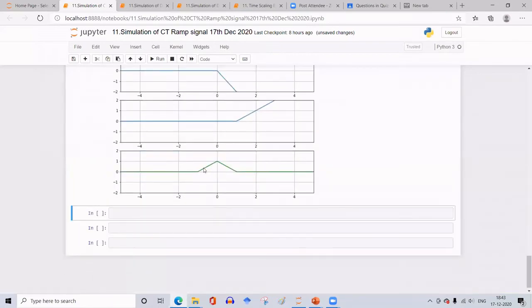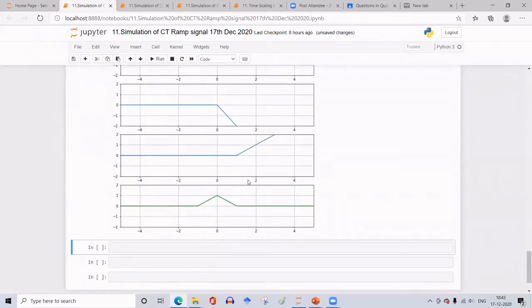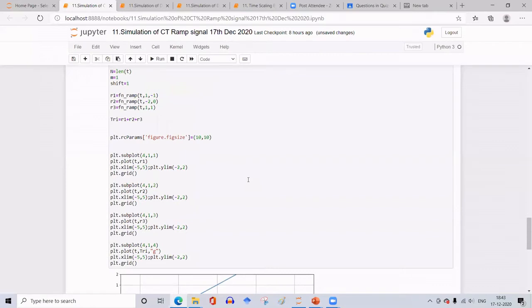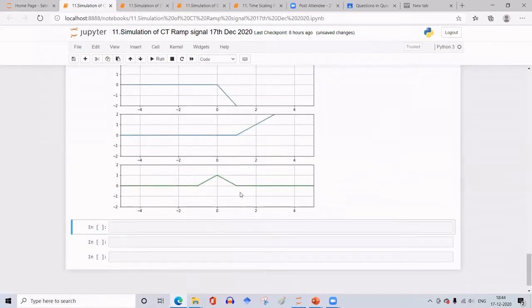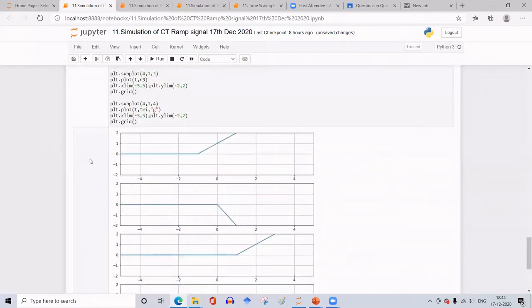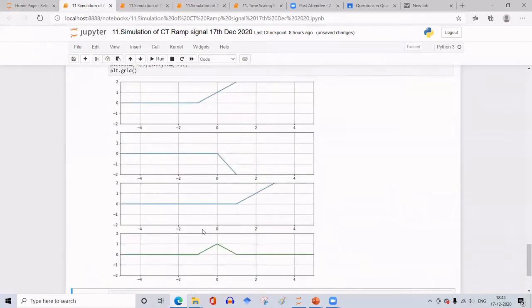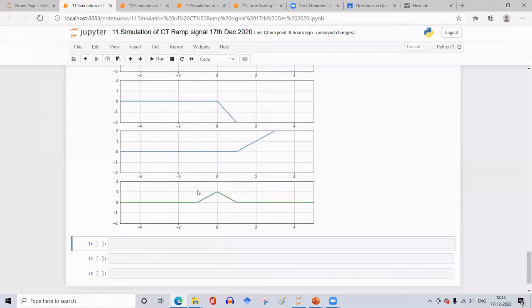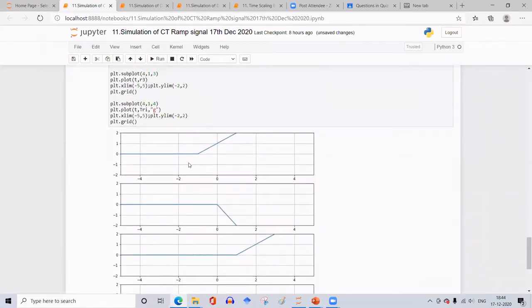Got it? This is how we generate any complex signal with the knowledge of our signals and systems: how to write the mathematical equation in terms of the standard signals, and then we know how to generate the standard signals and do it. Any doubt in this? Now you know how to add the X label, Y label, then title, all these things. Okay, this I have drawn as a subplot.